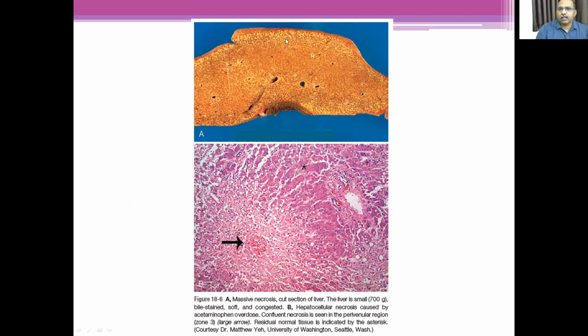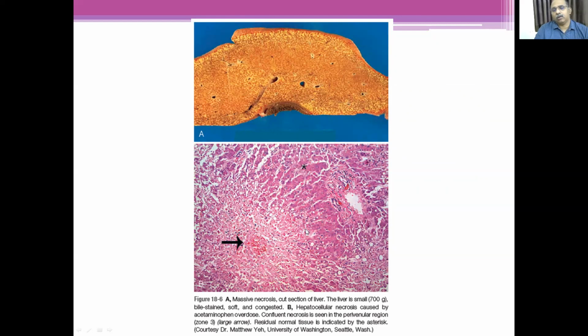Whenever there is an acute poisoning by either paracetamol or any other poisonous condition, it might lead to necrosis like this. See, this is the central vein surrounded by necrotic material. There are no distinct morphological features like cells. The normal hepatocytes are not seen here. Only fragmented necrotic material is seen. And these are the regenerative hepatocytes which are left behind. And this is the portal triad.